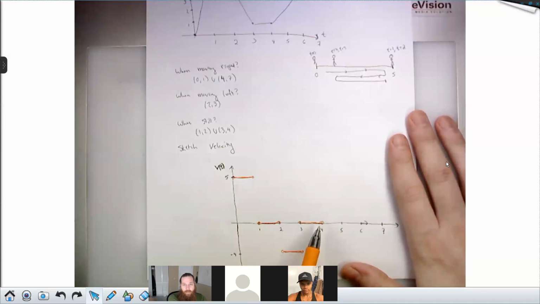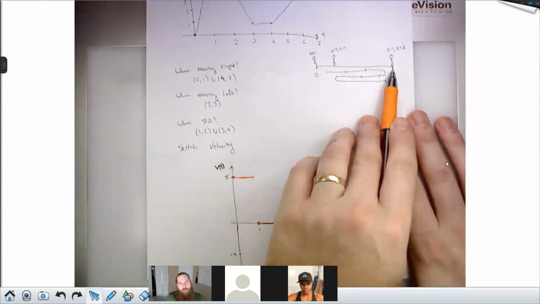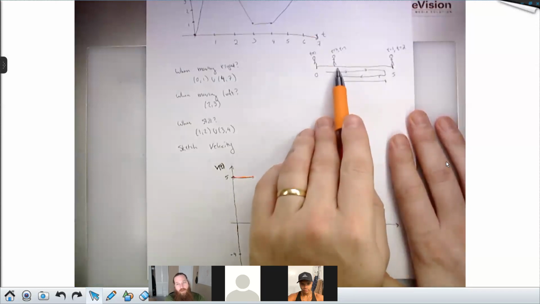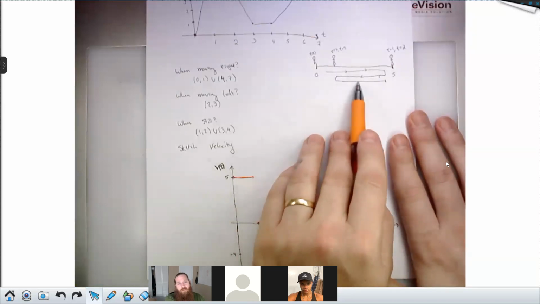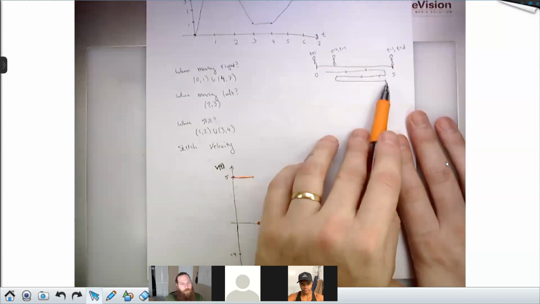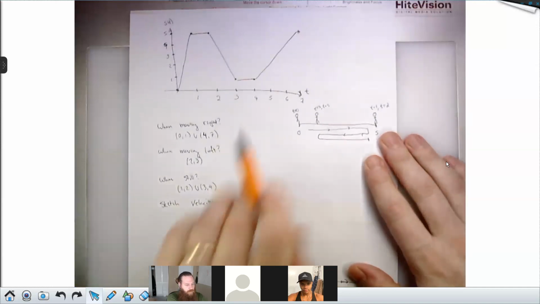And then I get up and I start walking to the right again. So I go from here to here, I smack into the wall, I sit there for a second. From there back to here, I smack into a wall, I sit here for a second. And then now, having been beat up a few times, I walk a little more slowly back out to this wall. So what is my velocity along the last leg of that journey?